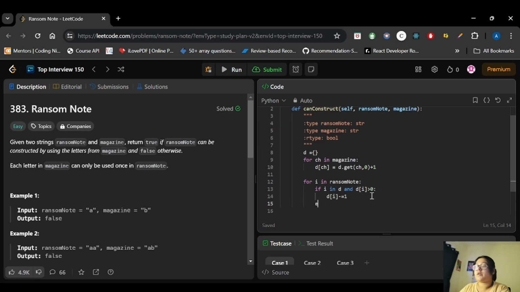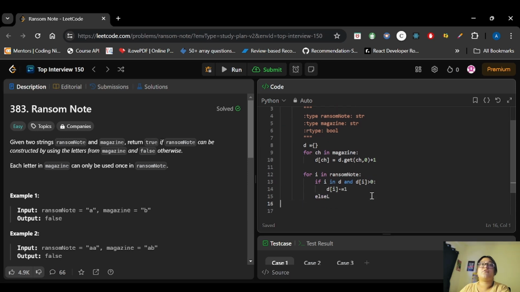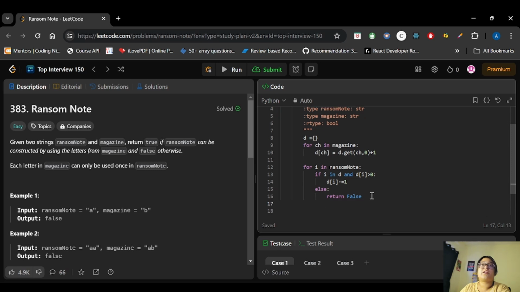Otherwise I will simply return false from here. And if I have successfully iterated the entire loop, I will move out of the loop and return true. So let's return true from here.